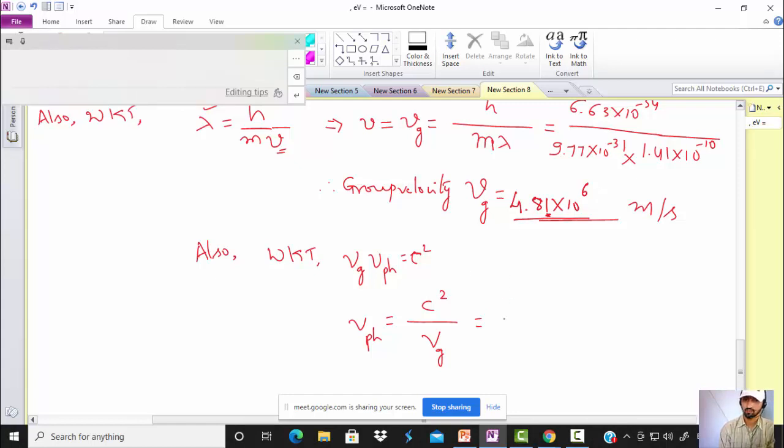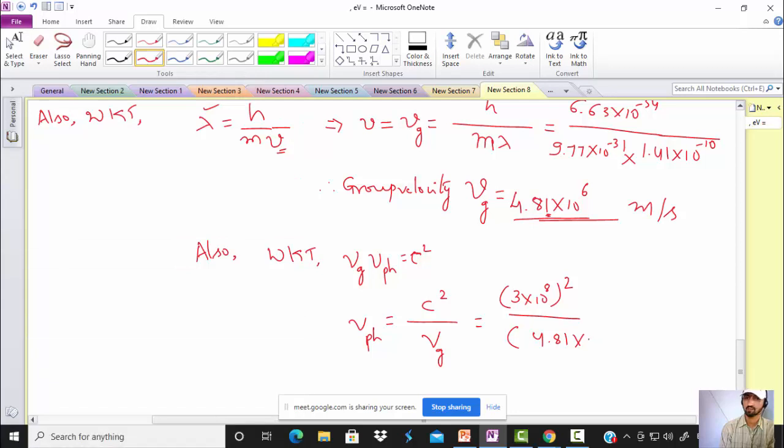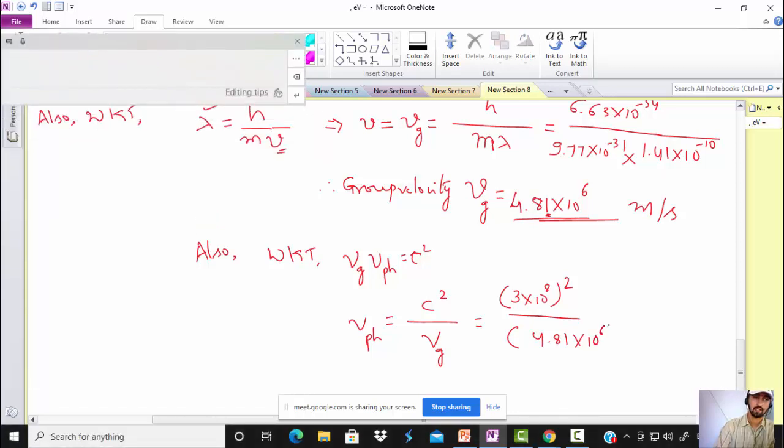Fine. The phase velocity, anybody you got that answer? The c square you are substituting. Calculate. 1.87 into 10 to the power of 10. Just wait for a moment. Repeat please. 87 into 10 to the power 10. Okay, right. Around 1.8 you will get into 10 power 10. Okay, thank you.